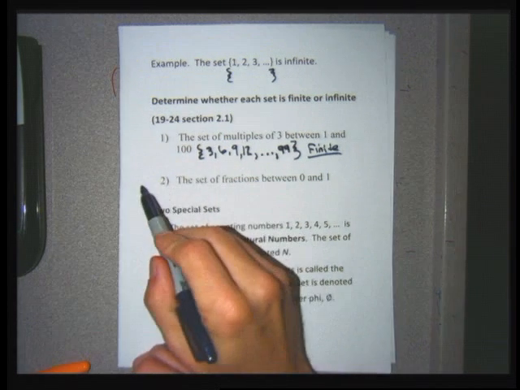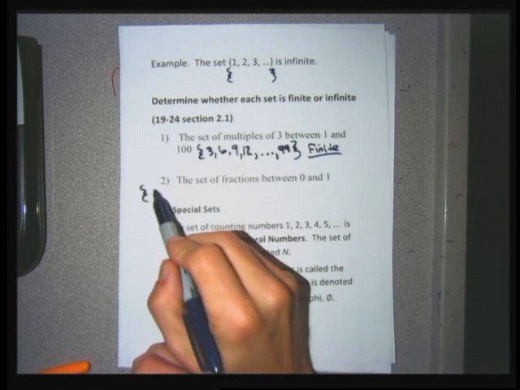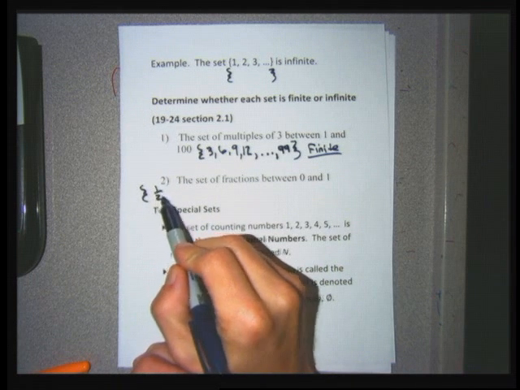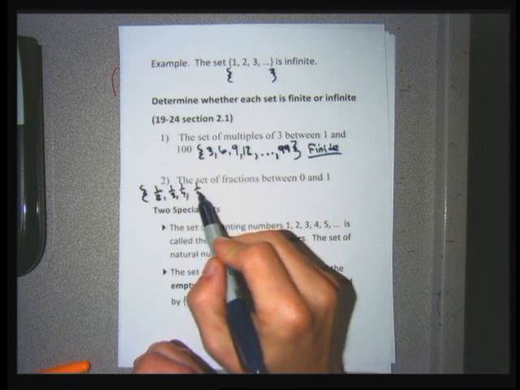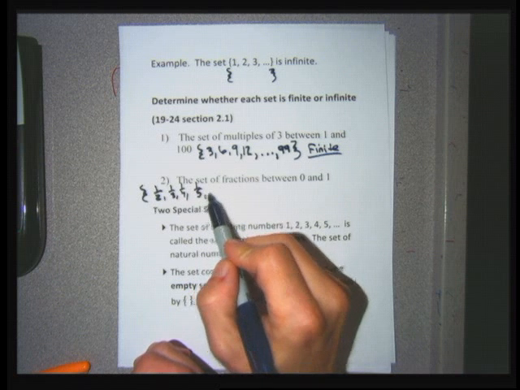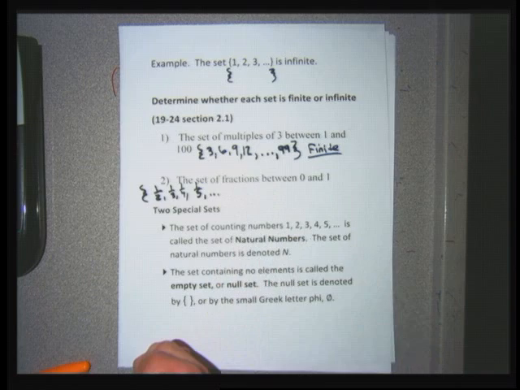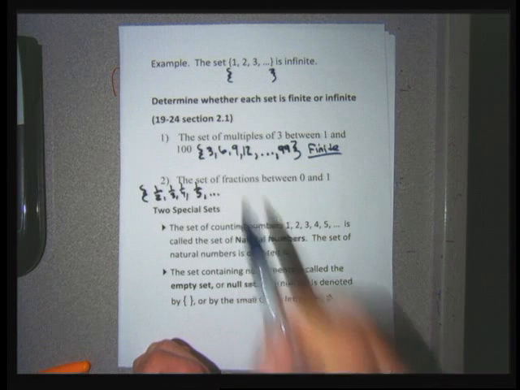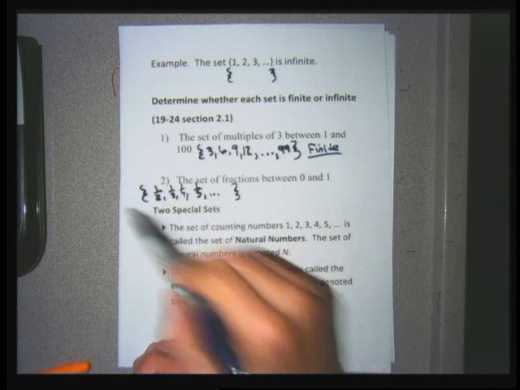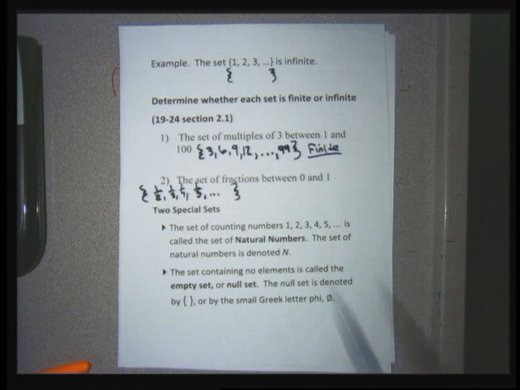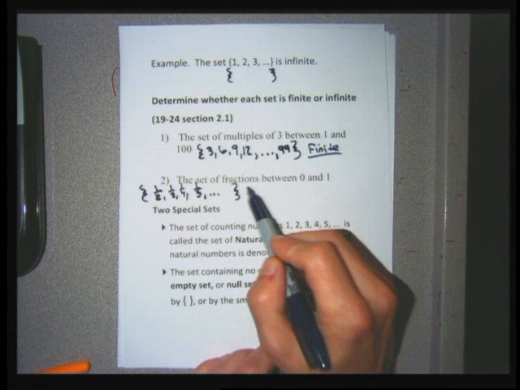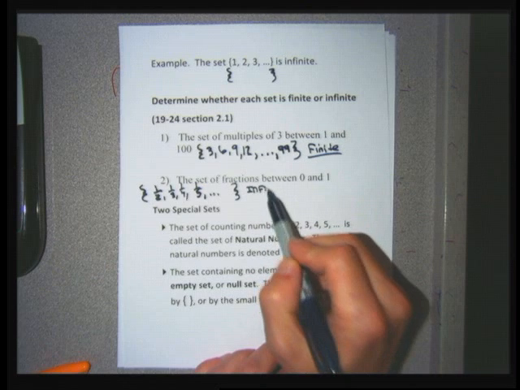And if I tried to start writing the fractions between 0 and 1, I could go like maybe 1/2, 1/3, 1/4, 1/5, and then dot, dot, dot. And that's not even all the fractions between 0 and 1, but that's already infinitely many fractions, because I can put 1 over any integer and get a fraction that is bigger than 0 but less than 1. So all of these are fractions between 0 and 1, and I could do that pattern forever. So this is an example of an infinite